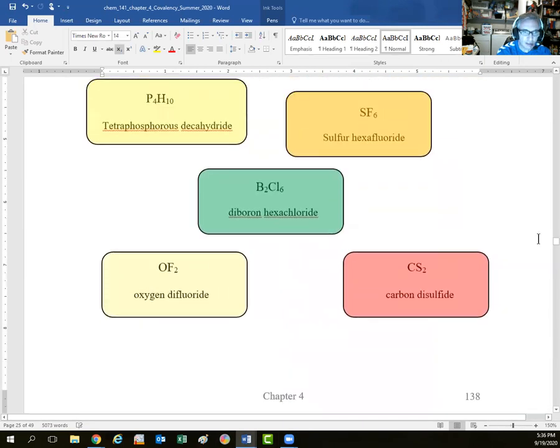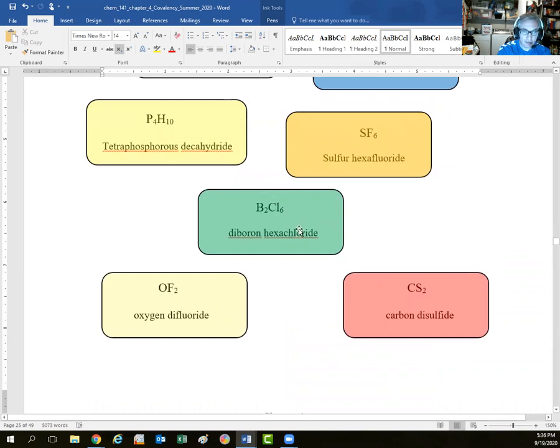Then boron with chlorine, 2:6 ratio, diboron hexachloride. Oxygen difluoride, OF2, and carbon disulfide, CS2. So most metal-like element listed first, name goes unchanged, the latter is always changed, and then we have to list how many of that element is present in the formula. Okay,